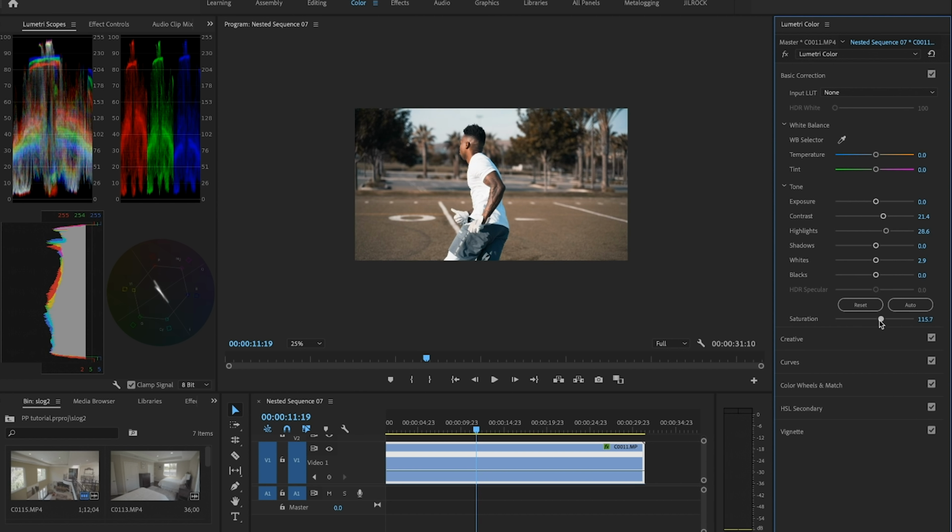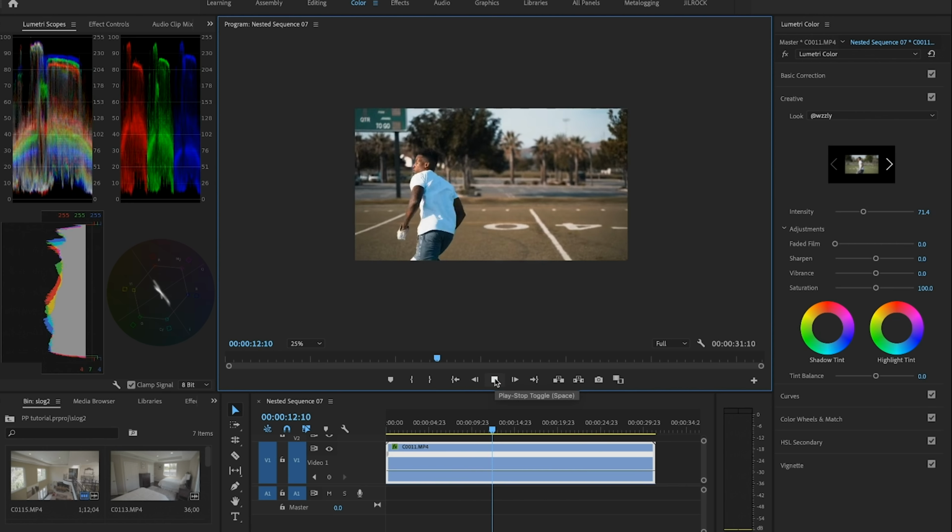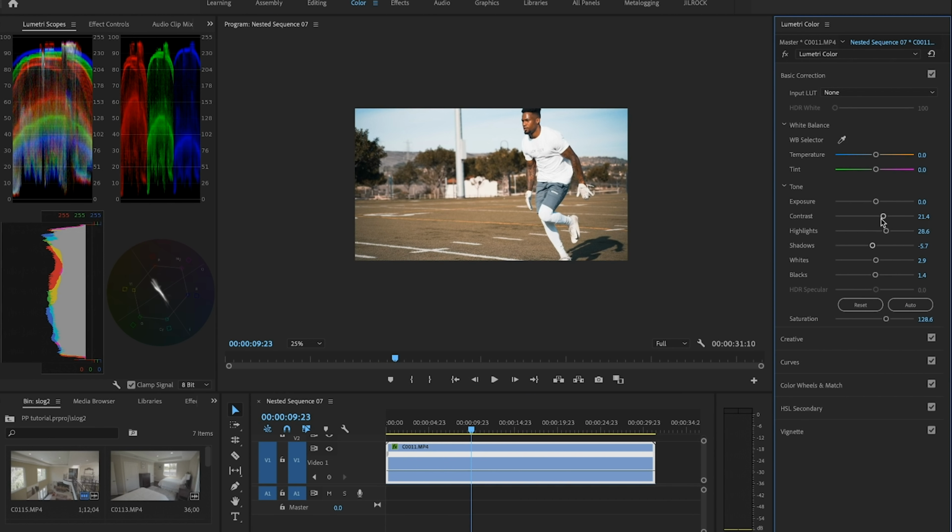Now, a lot of people don't like CINE4 because the highlights are very harsh, and that's why a lot of people have been switching to hybrid log gamma. Now we'll talk about that another day. I'm still testing out hybrid log gamma, but when it comes to CINE4 and a client wants a specific grade, and I know it's going up on the internet where it can possibly have compression,